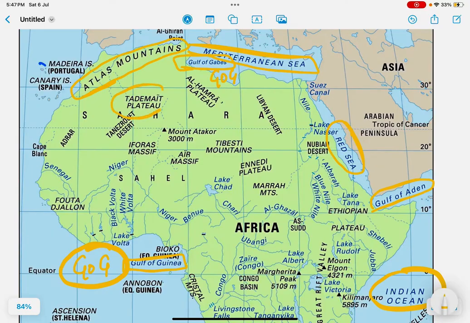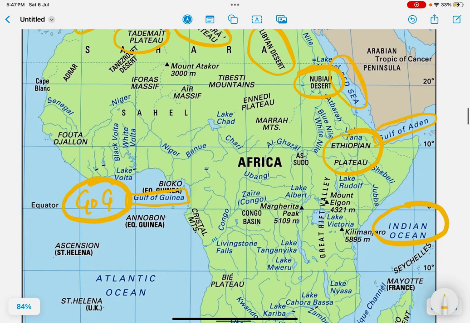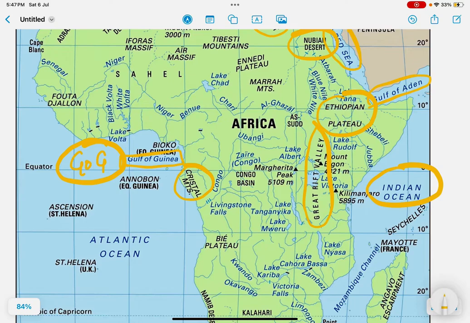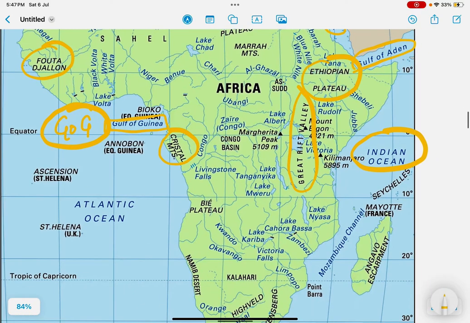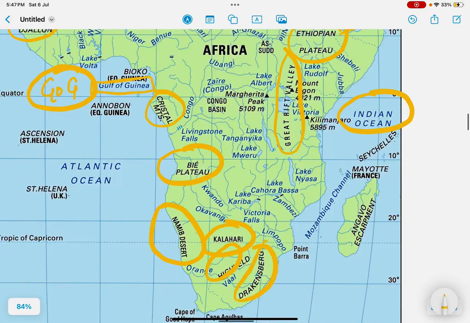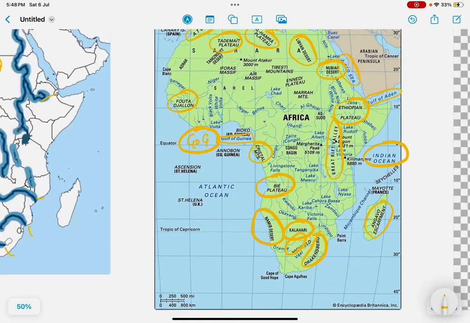So there is the Tademait Plateau, another Plateau, the Libyan Desert, the Nubian Desert, the Ethiopian Plateau, the Great Rift Valley, the Crystal Mountains, then a Plateau, the Namib Desert, the Kalahari, the High Veld, Drakensberg, and the Escarpment. So Drakensberg,